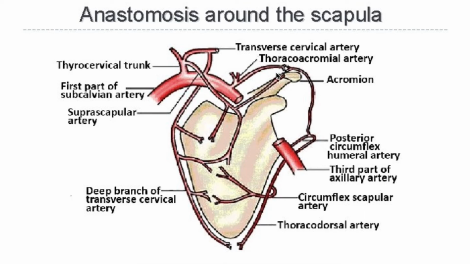So these two are done. And the last one is the acromial branch from the suprascapular artery. We have said that the suprascapular artery is a branch from the thyrocervical trunk. The thyrocervical trunk in turn is a branch from the first part of the subclavian artery. So this is the thyrocervical trunk. From here one branch of the suprascapular artery came, and here the anastomosis was in the body, and the other branch is in the acromion process. So these three branches make the anastomosis around the acromion process. So this is the anastomosis around the body, this is the anastomosis around the acromion process.